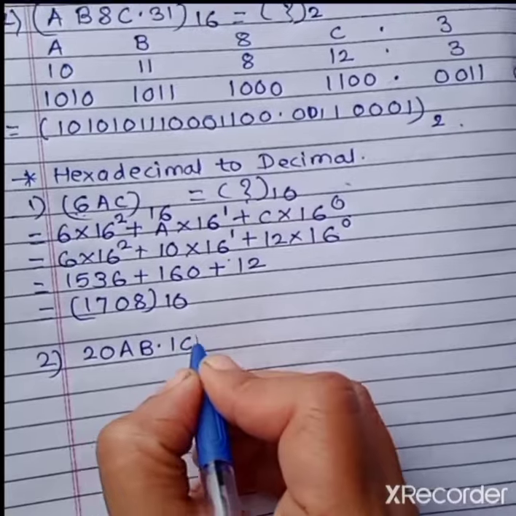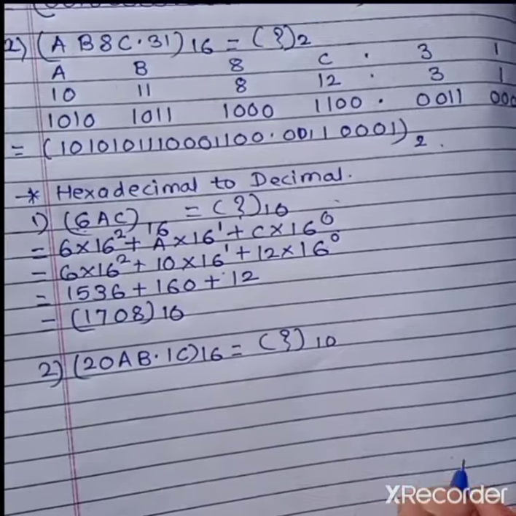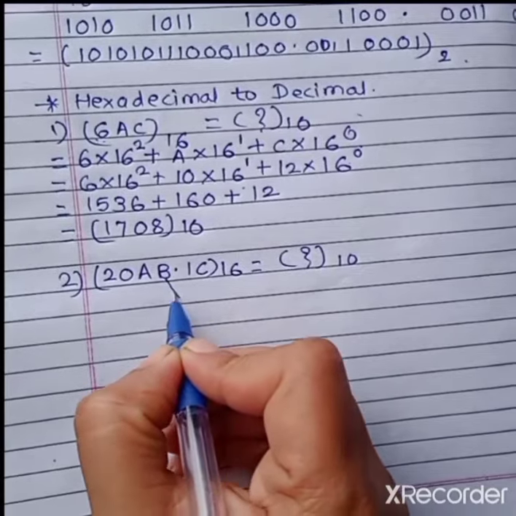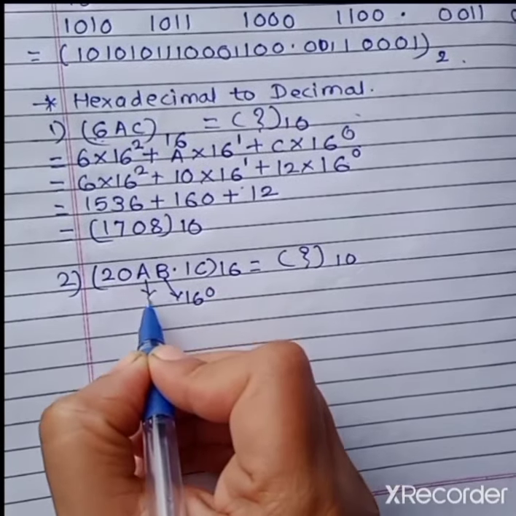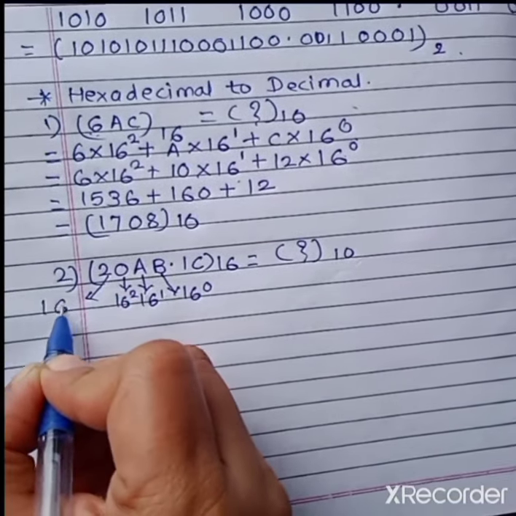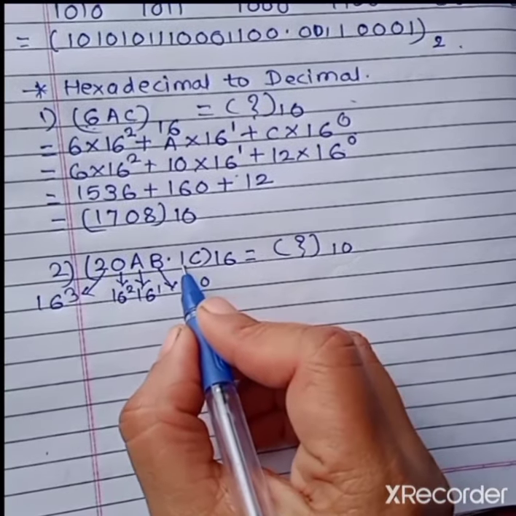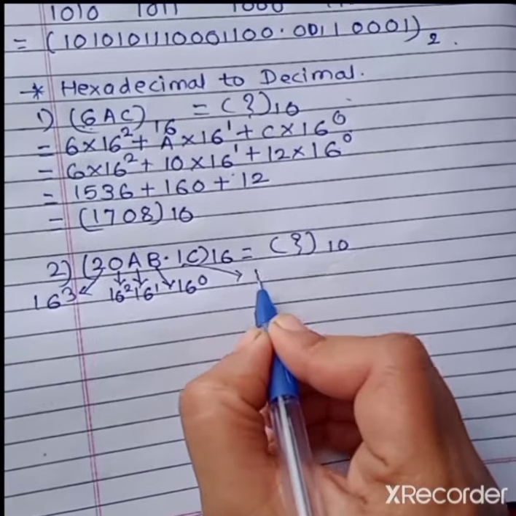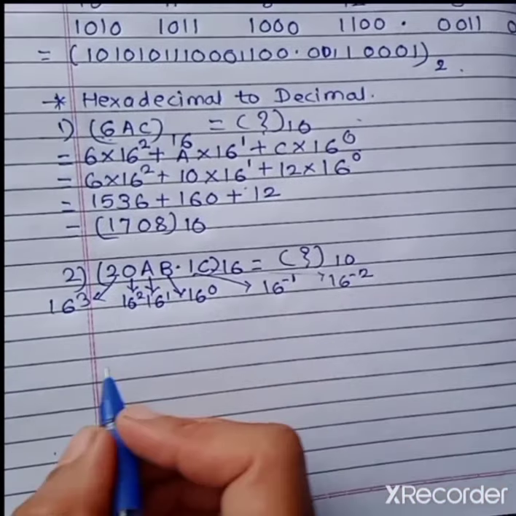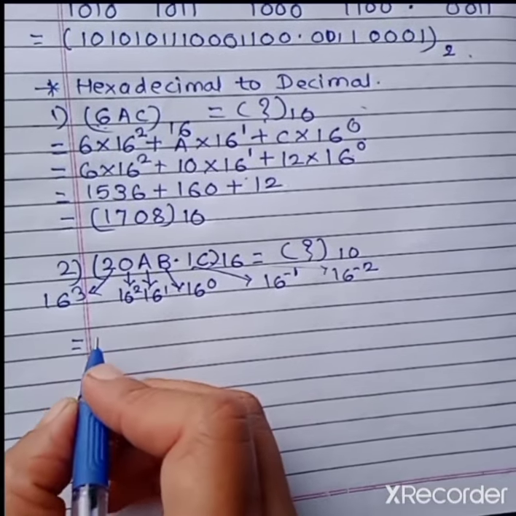20AB.1C. This is another hexadecimal number given. You have to convert this number again into a decimal number. So take down the weights. How to find out the weights? This is 16 raised to 0. This is 16 raised to 1. This is 16 raised to 2. And this is 16 raised to 3. So how to give the weights we have seen in the previous lecture. Now after the fractional point, this will contain 16 raised to minus 1 and this C will contain 16 raised to minus 2. So you have to multiply each digit with its weight and finally add all the numbers with their weights.